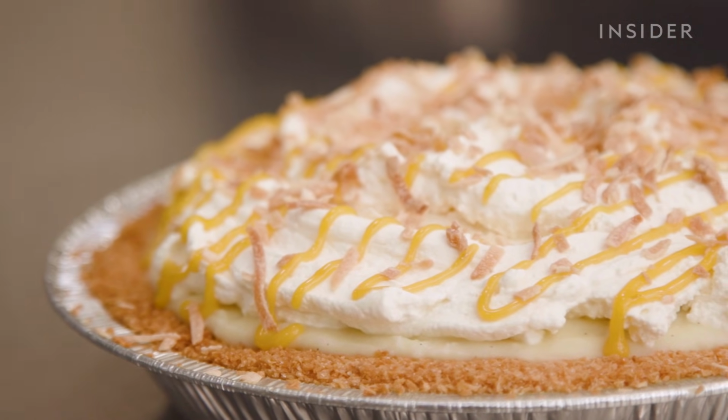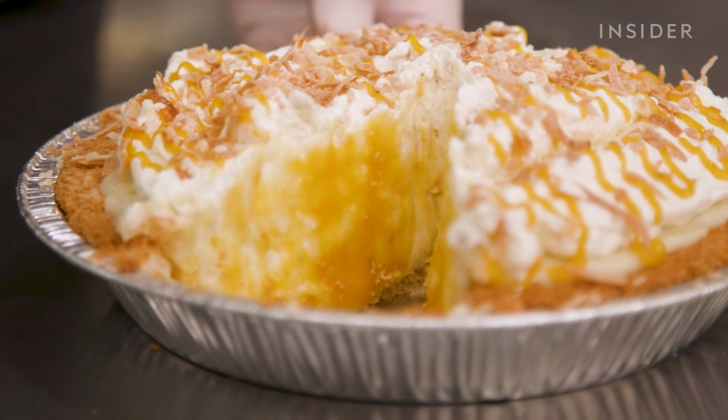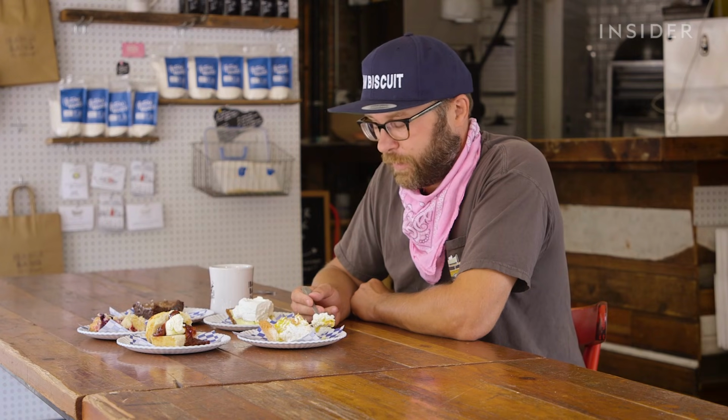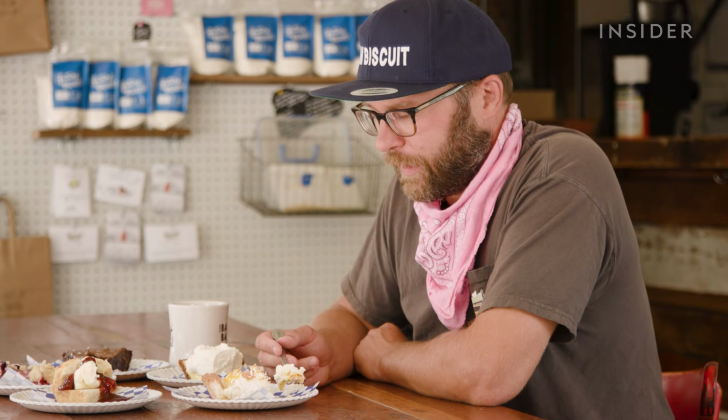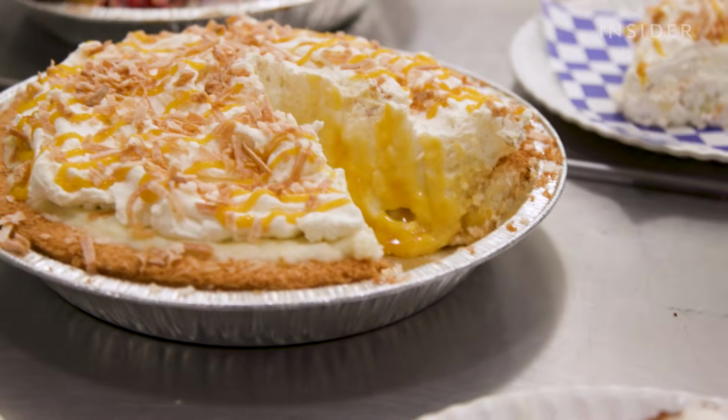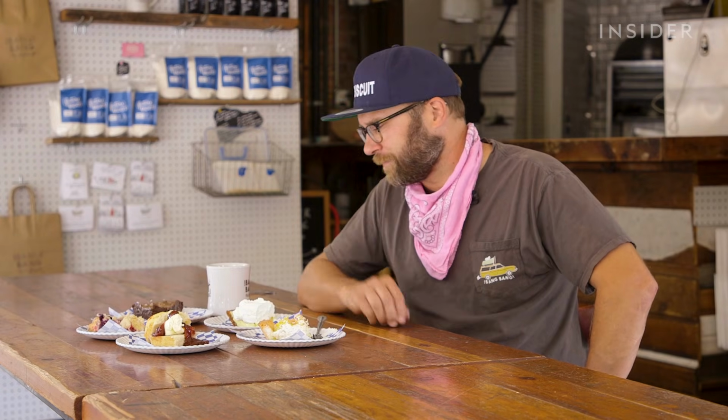It's a classic coconut with a twist. It's perfect for summertime days. The passion fruit comes through very, very well, and again, it takes that kind of like classic coconut cream and really elevates it. If you're forcing me to choose a favorite at this moment, I would have to skew towards